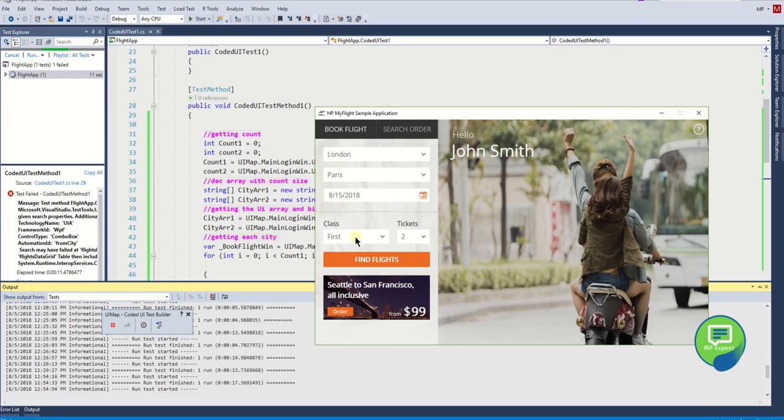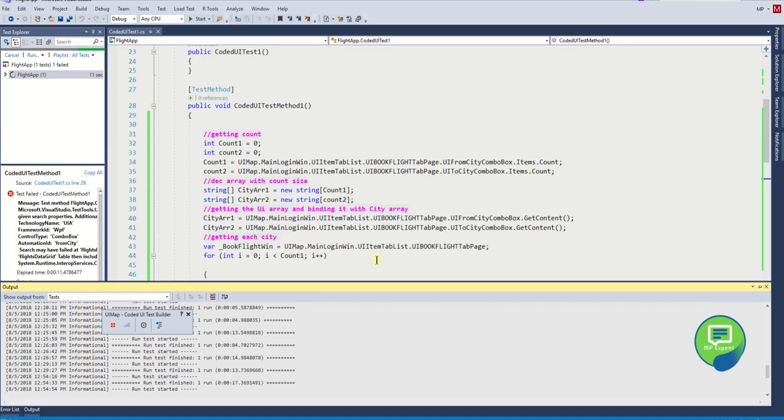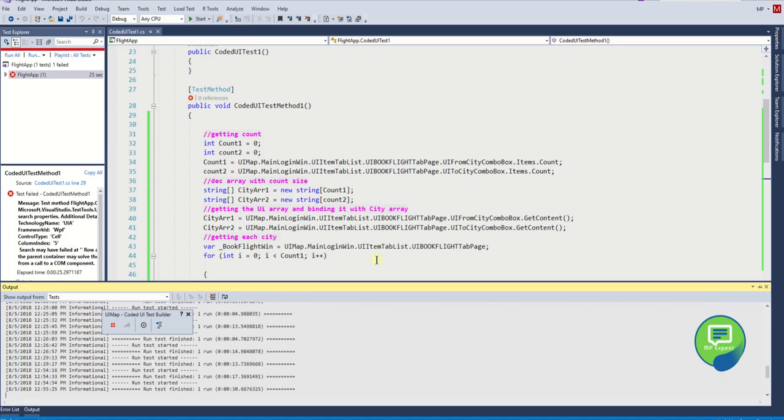So now it will change the city to Frankfurt and then set the date, go to the first ticket and click flight, then come up to the data table. So now it should give us a pop-up of the values. I hope so. No, it is giving